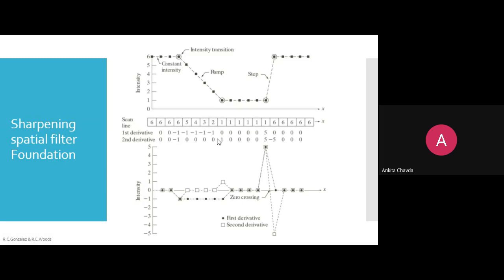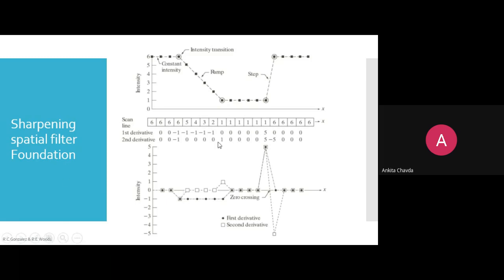Now if you place these values, this black dot filled one is your first derivative, and the square is your second derivative. So you can check here this value, 0 and 0 in your first derivative as well as in your second derivative. So here these two values are 0. Then you have first derivative minus 1, so here minus 1, minus 1, minus 1, minus 1, and so on. And then you have this 0, right? But your second derivative is all 0, 0, 0 according to your ramp. So they are the squares, squares, squares here.